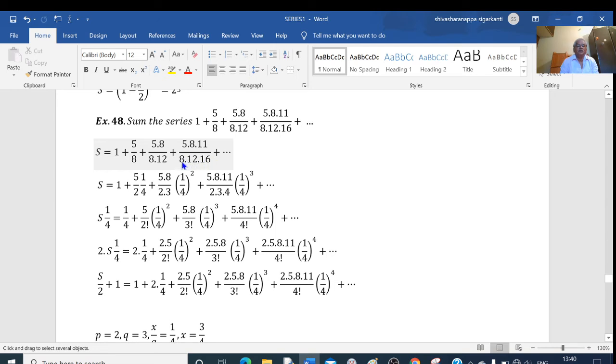If this is 4 factorial, then I need something to the power of 4 here, but I am getting 4 to the power of 3. And if this is 4 factorial, then I need 4 terms here. So for that, what I do here is